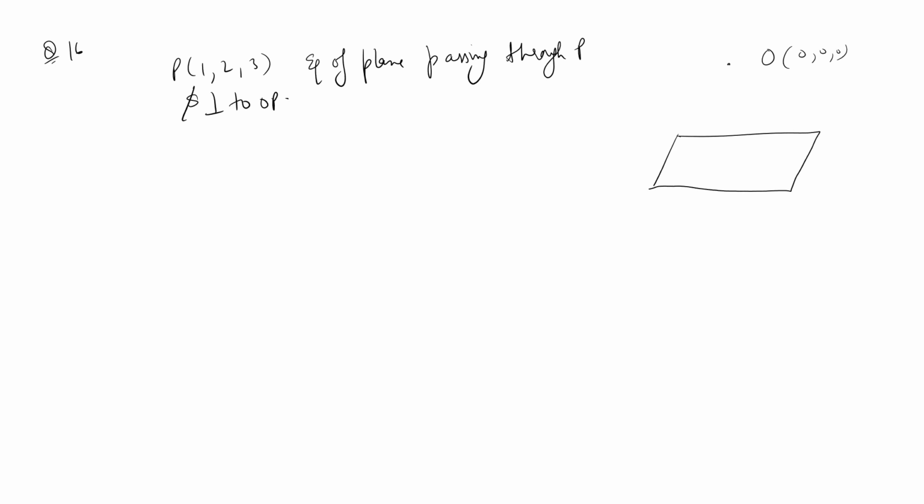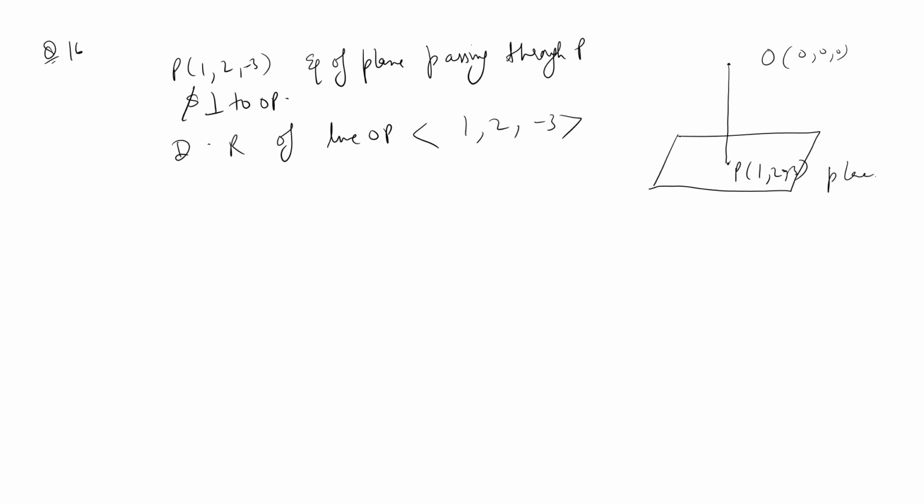Okay, so perpendicular to OP means this is a plane. The point here is 1, 2 and 3. Okay, it is 1, 2 and minus 3 rather. I think it is given in the question. Let me check it. 1, 2 and minus 3. So OP is perpendicular to this plane. Okay, you have to frame that equation. So firstly, the direction ratios or direction numbers of line OP: you know very well, whenever the origin is there, x2 minus x1, y2 minus y1 will lead to the same direction numbers.